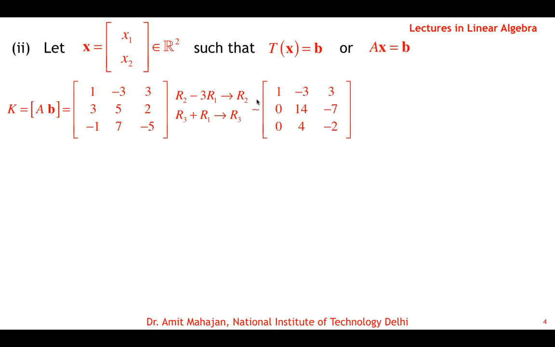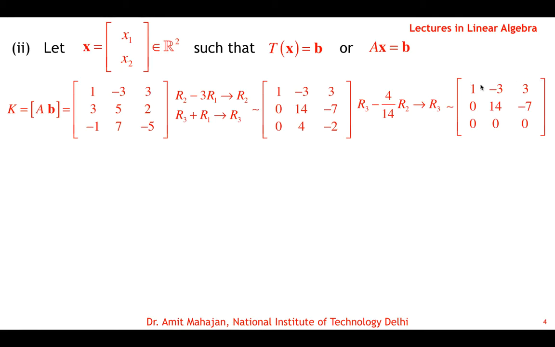Now in the second row, the leading element becomes this. We have to make the element at the 3,2 position 0, so we again apply a row operation between row 3 and row 2. Apply row 3 minus 4/14 times row 2, impacting row 3. You see that this element becomes 0, and at the same time this element also becomes 0. So clearly this is an echelon form now, and you can see that the last row is 0, there are two pivot positions, and the system is consistent.